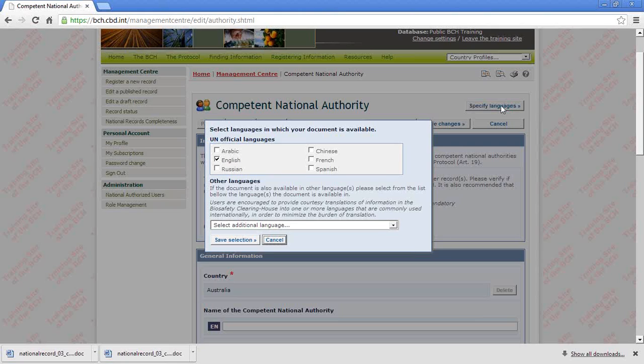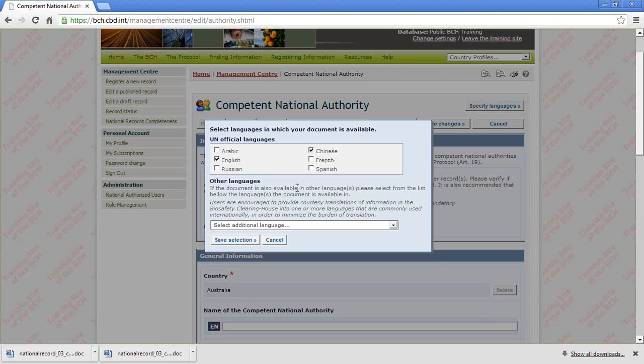At least in one. You can register information in one or more than one language. For example, as we are working already in English, the system by default opens with English selected here, but we could